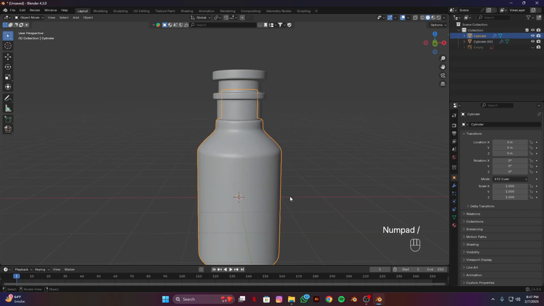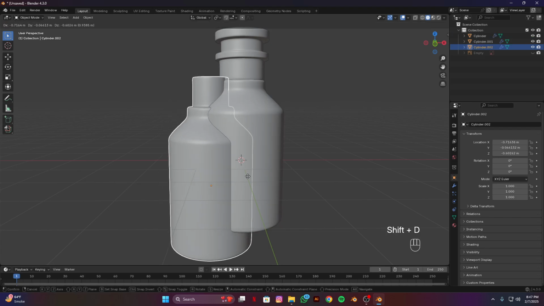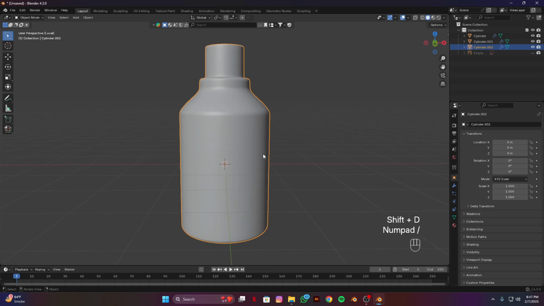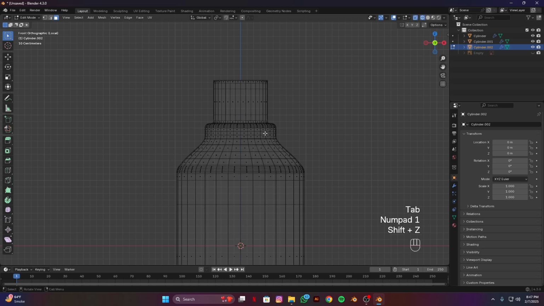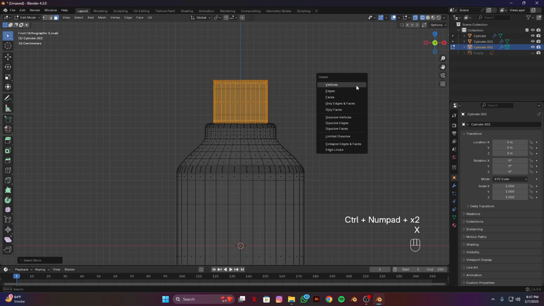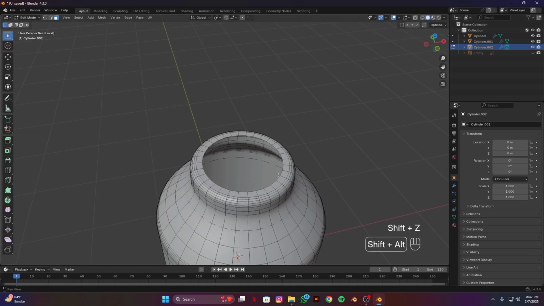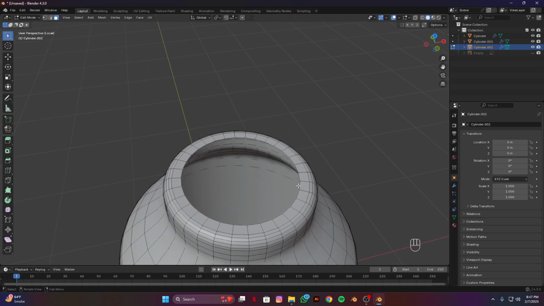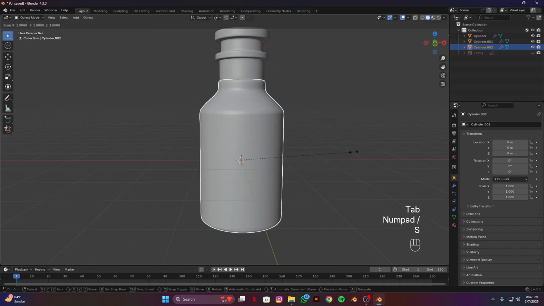Yeah, it's good. Now I think I'm gonna make the liquid part, so I'm gonna simply duplicate this one, and slash, tab to edit mode, 1, Alt C for X-ray vision, and select this upper one, Control plus for further selection, and delete faces. Okay, I'm gonna select this edge here, and let me select, okay, and F2 face fill. Okay, yeah, I think it's good. Scale it down a bit